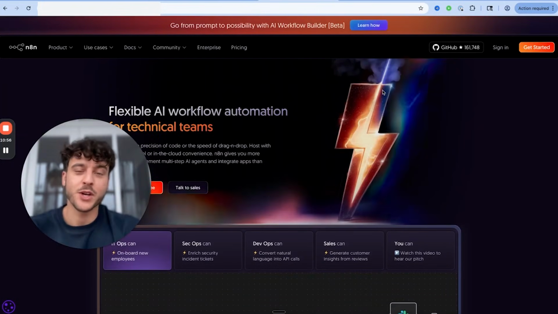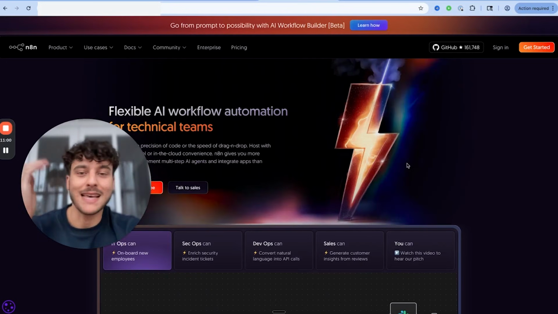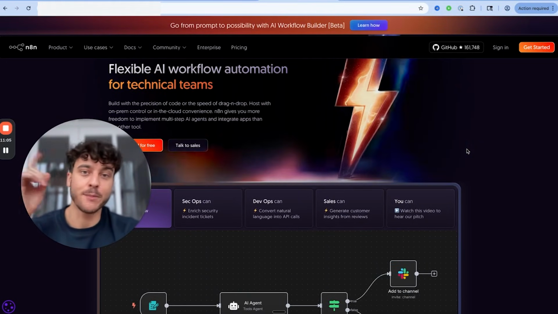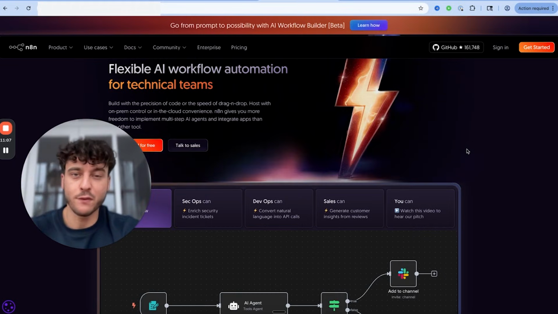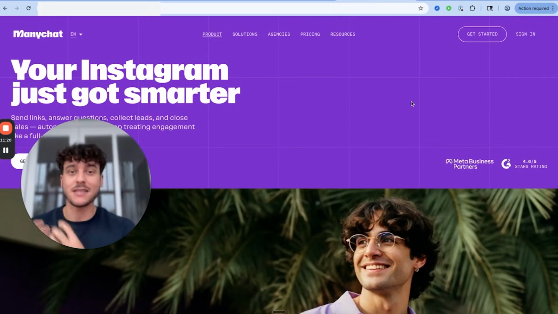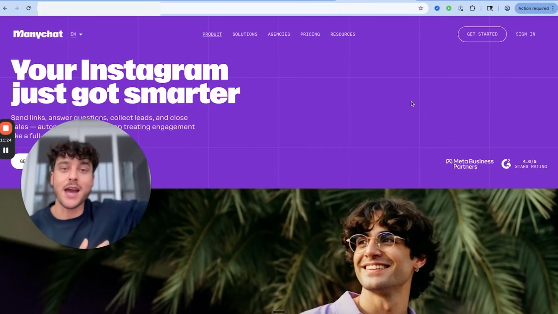Now, the tools we're going to need in order to make this happen are 3 specific tools. The first is N8N. N8N is what we're going to use to actually build the AI appointment setter, and I'm going to give you the template for this completely for free and show you how to customize it. The second is going to be Manychat, and Manychat is what we're going to use to actually automate our Instagram DMs and send the messages we receive to N8N, as well as send the reply that our AI generates back